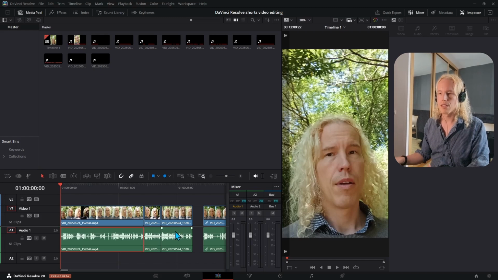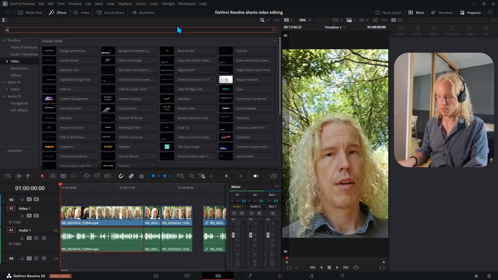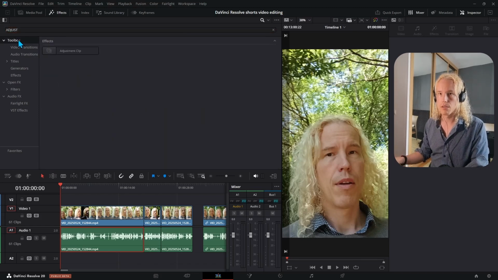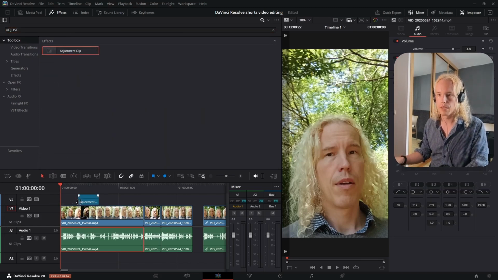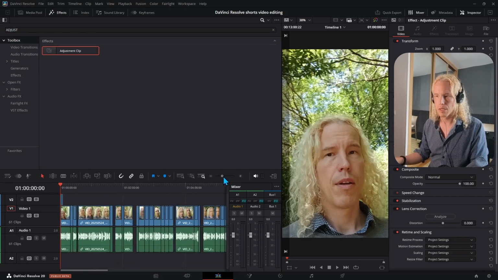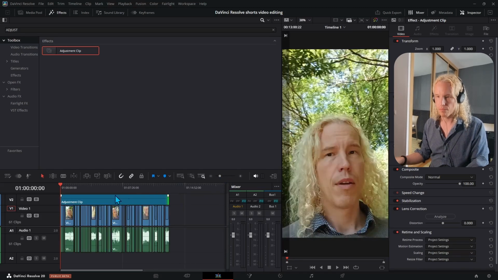So that's the basics. How about if I want to adjust the color, let's say? What I can do is create an adjustment layer. Let's go into the effects and search for adjust, toolbox, adjustment clip. I can drag it here on the video track. And then in the color tab,